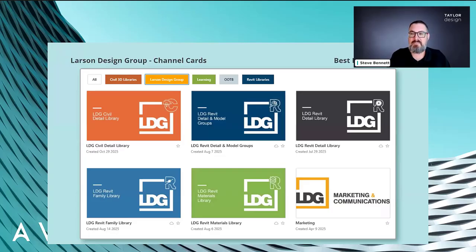and design ethos. Their brand identity isn't just a logo or a color palette, but it communicates purpose, clarity, and confidence, which mirrors how they approach real world projects where thoughtful design meets practical solutions. And when you look at their cards, you can immediately see the connection between the cards and the brand identity and their elements on their website, such as their colors and their logo and the different things that they put